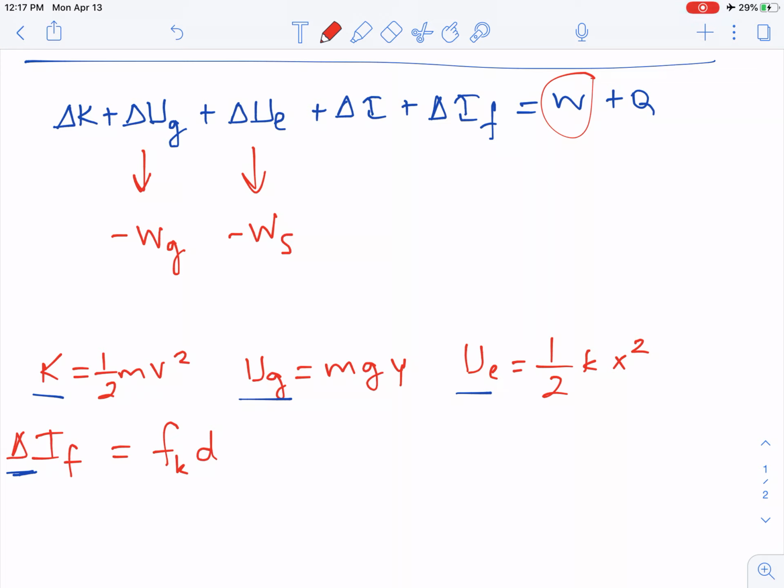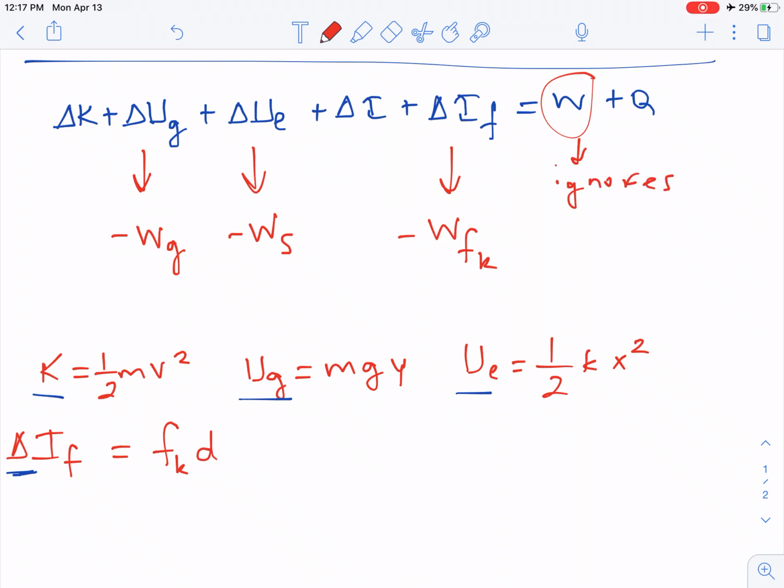Okay, and again, delta IF on the other side is related to the work done by the friction force. Okay, and it's negative of that. And this is the kinetic friction, because with static friction the object doesn't move, so there's no displacement. Think about the work definition, F dot D, so you need the displacement to have work. So static friction doesn't do work, so this is the kinetic friction. And so that's kind of how we're going to think about this work term, and this work term here is going to ignore,